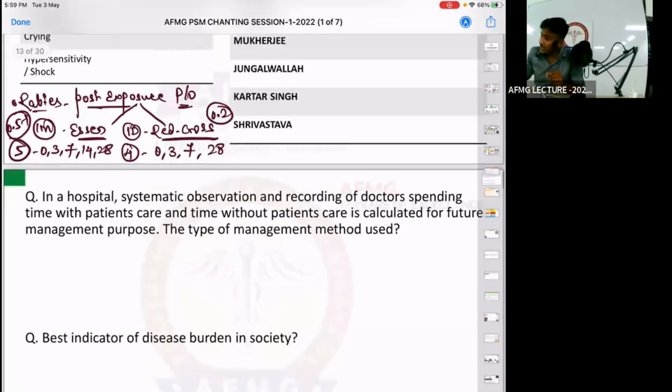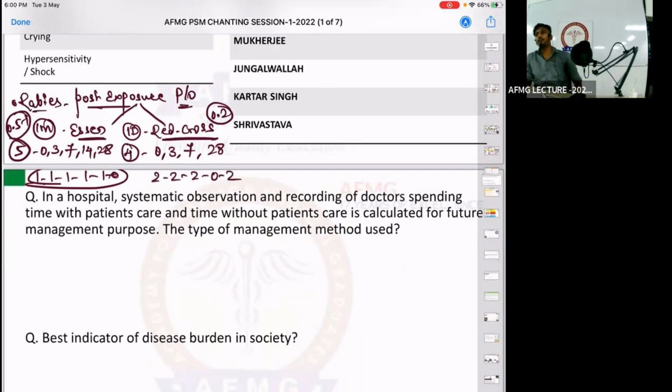Okay? So here they can also ask you to write, for the SN regime, 1, 1, 1, 1 and 1. How many are there? 5. So that is for the intramuscular regime. But for the intradermal regime you need to write 2, 2, 2, 0, 2. Got it? 0 indicates the 14th day. Why 2? Because 2 injections are given on bilateral deltoid. No issues with this now.